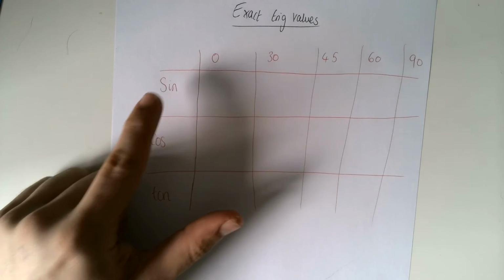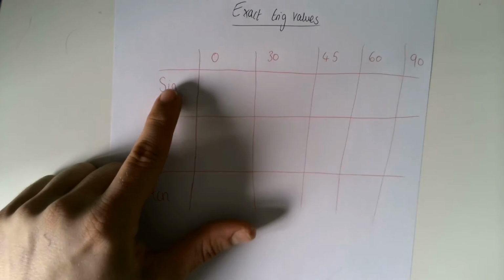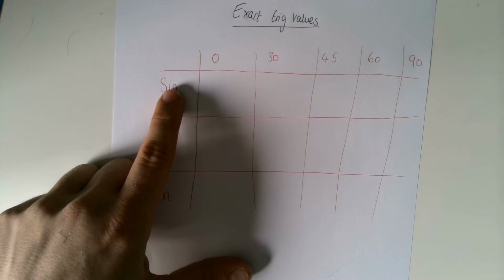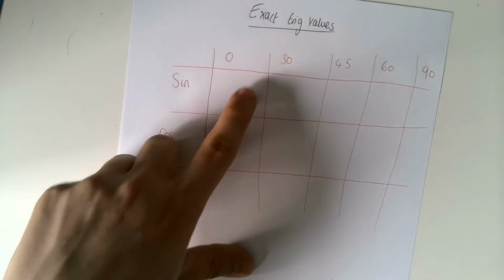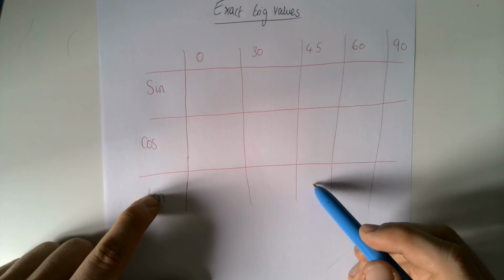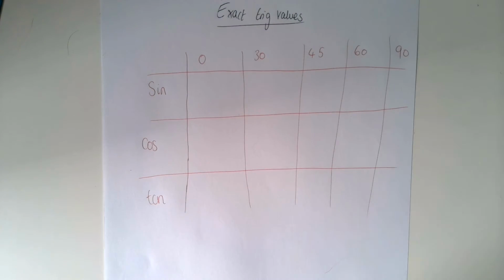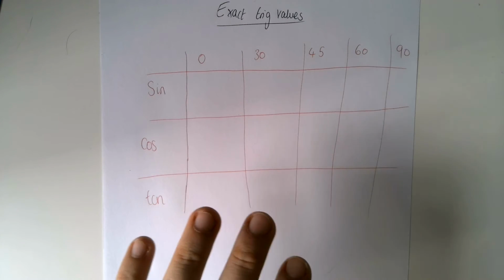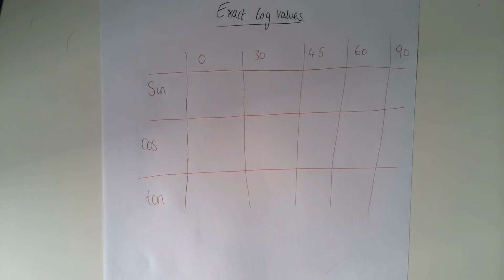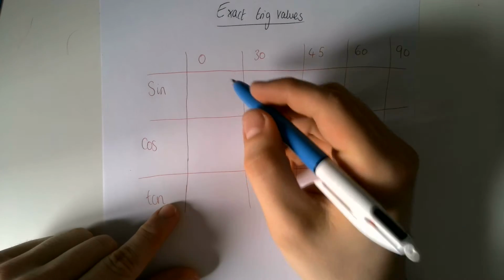So I'm going to fill this table in. Just to clarify, I'm going to be filling in what the value of sine 0 is here, sine 30 or tan 45. That's what I'm going to be filling in. Now these are the only values you'll be asked about because they've actually got quite nice round answers and they follow a nice pattern. So the very first thing I'm going to do, and again, you're probably just going to have to take my word for it,